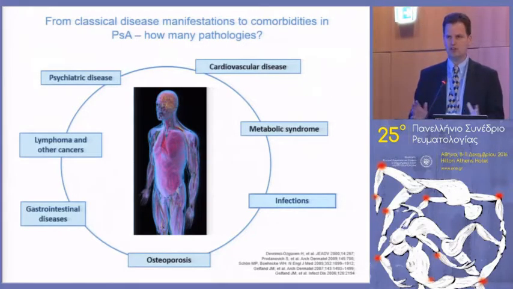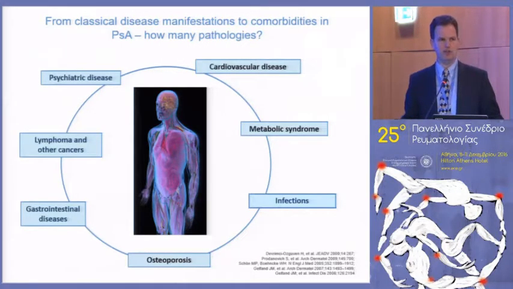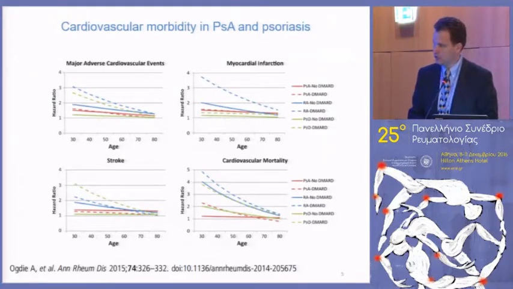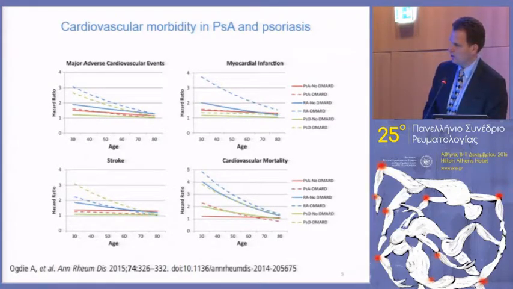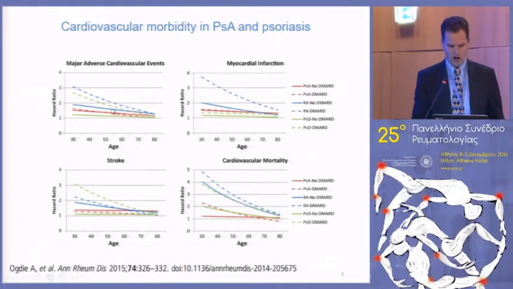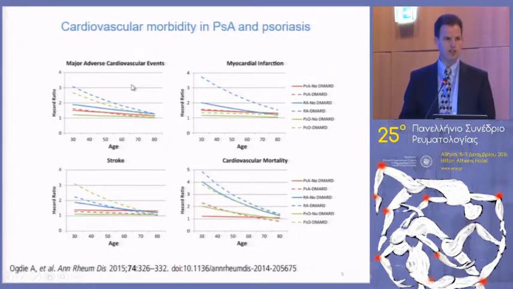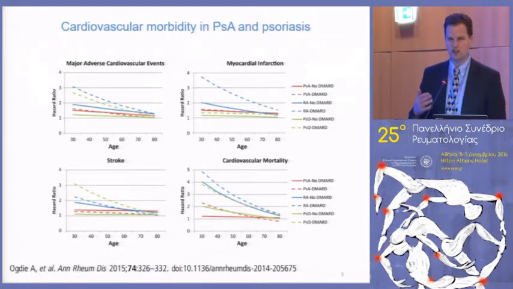We're beginning to understand that the mechanisms that drive, for example, metabolic syndrome in psoriasis and PsA may be different from the mechanisms that drive that state in rheumatoid arthritis. So if you look, for example, here, this is a study from last year in the Annals of the Rheumatic Diseases, and what you're seeing here are MACE, the major adverse cardiovascular events, in the UK GP registry allocated to different